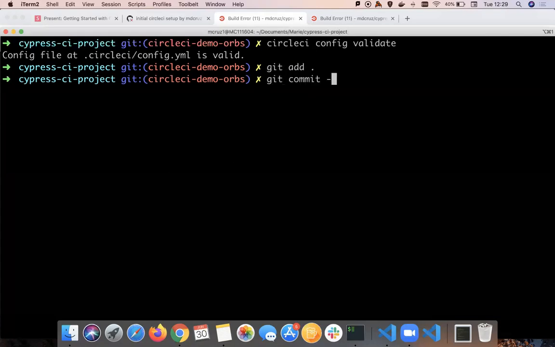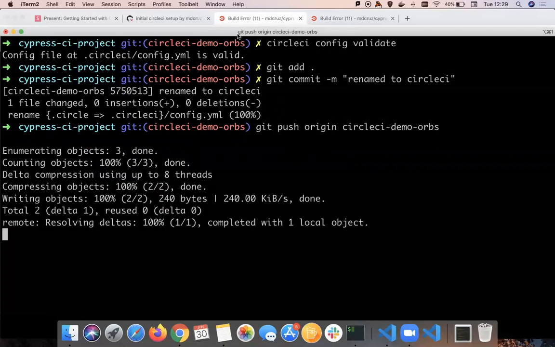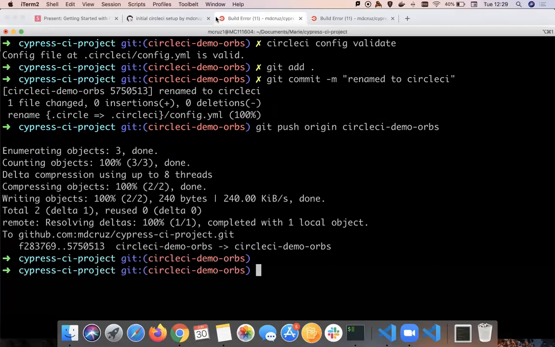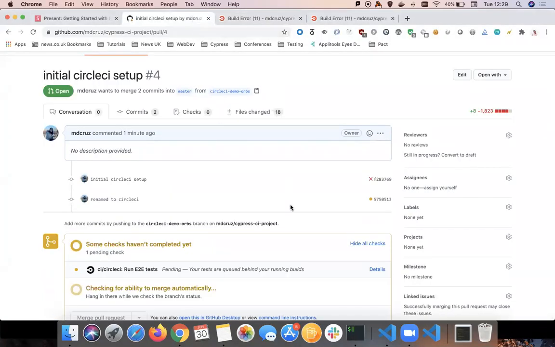And then we'll just commit it as rename to circleci. Cool. And then we'll just push this branch. Demo orbs. Cool. And hopefully this time it will all work. So if I click the details here,